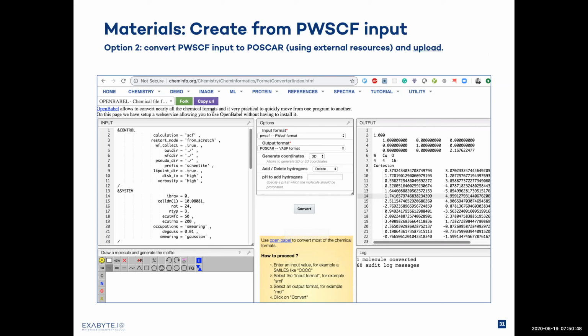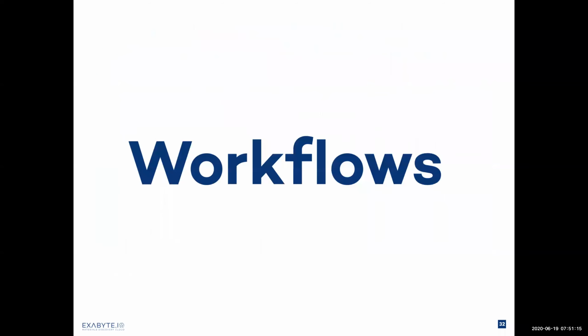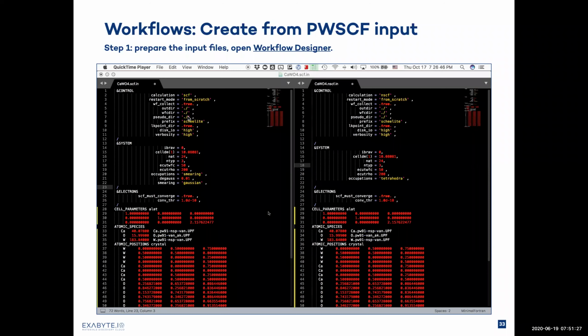But essentially what we have to do is we can use some of the tools online or the converters that are available otherwise, and take the input for Quantum Espresso and convert it to POSCAR, which is what I'm doing here. And then I can use this POSCAR to feed it directly to the upload function in our platform. Okay, so these are the two ways for converting the Quantum Espresso materials information from Quantum Espresso input file to an Exabyte platform entity. Now, we will proceed to migrate the information, the logic inside the simulation workflow that I'm